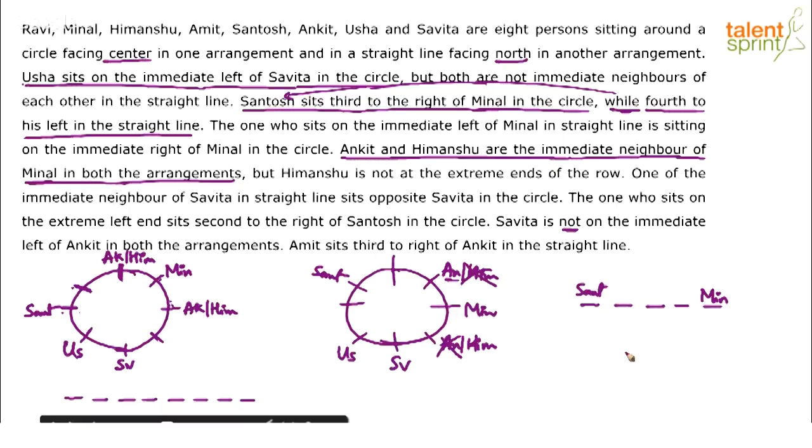Yes or no? This point is applicable for both the arrangements. This is the point for linear arrangement basically, right? Santosh sits fourth to his left in the straight line. So Minal and then fourth to the left of Minal: first, second, third, fourth. This is Santosh's position. Then,